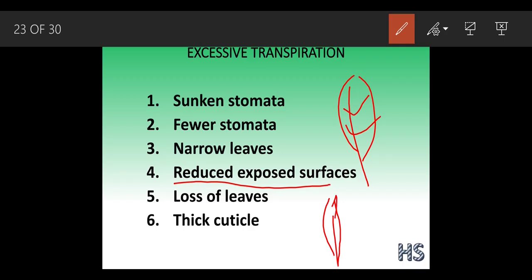So what is going to happen? See, as the leaves get closed, what does this indicate? That the plant does not want to lose a lot of water. See, bigger the size in the Hindu rope, the leaves get folded or rolled, and due to this a smaller amount of water is lost. Now, loss of leaves.